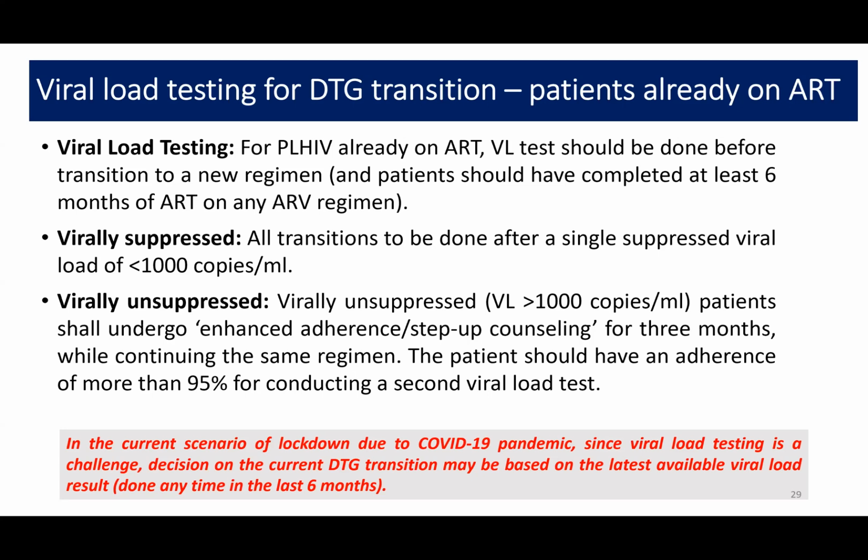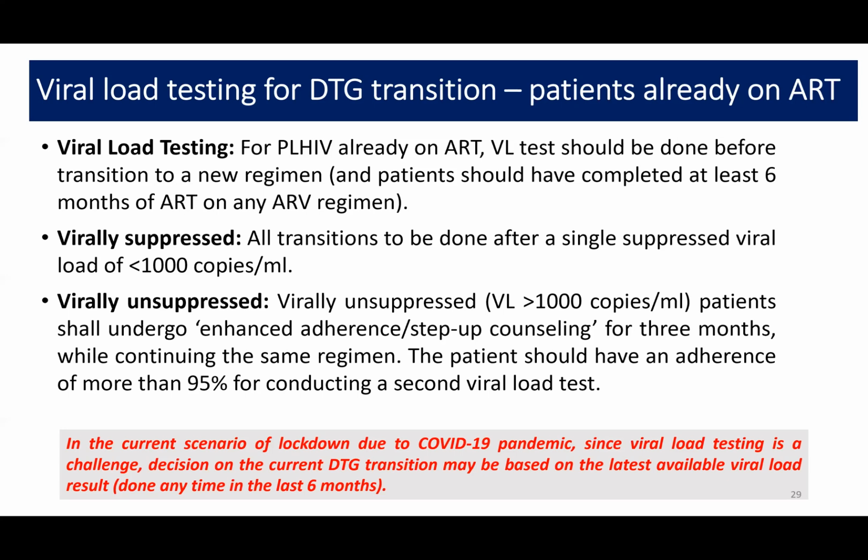So up to now, as I said before, it is all for alternate second line and third line in place of raltegravir. And also, as per the very recent office letter of NACO, it is for the ZLN based regimen, which will be switched to a TLD based regimen. So for an existing patient, whenever you want to do this switch, you will have to have a viral load available for that particular patient, so that you know whether the switch you are making is a first line switch or second line switch, because of the reason which I mentioned before.